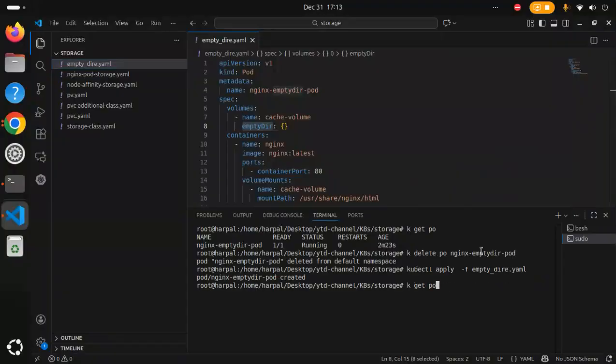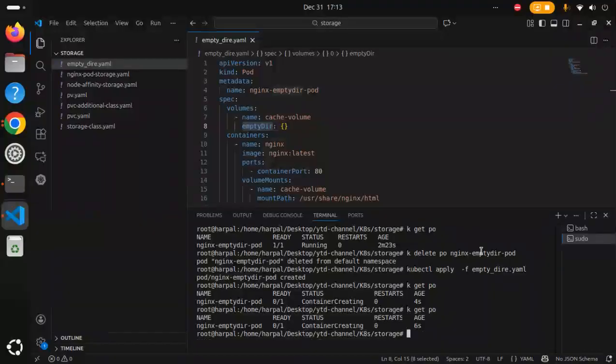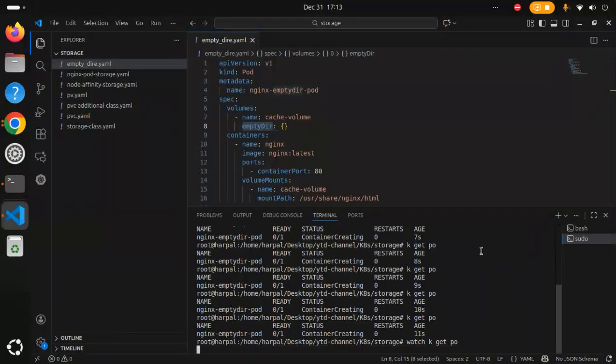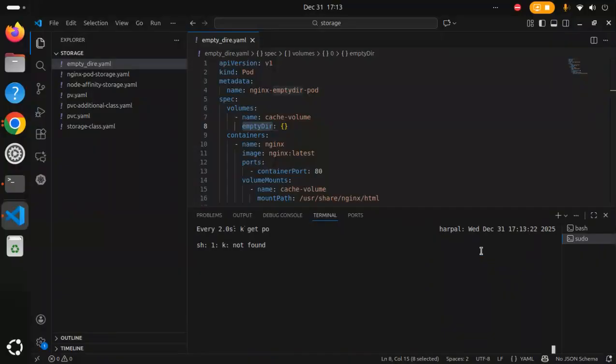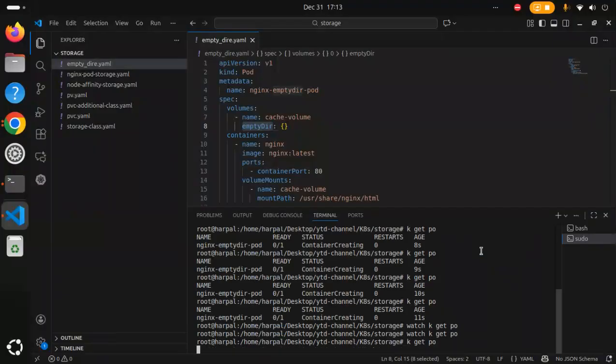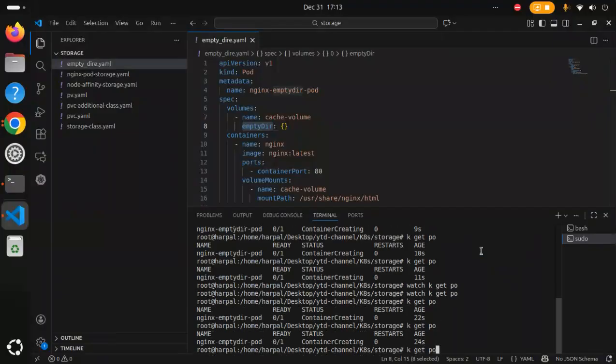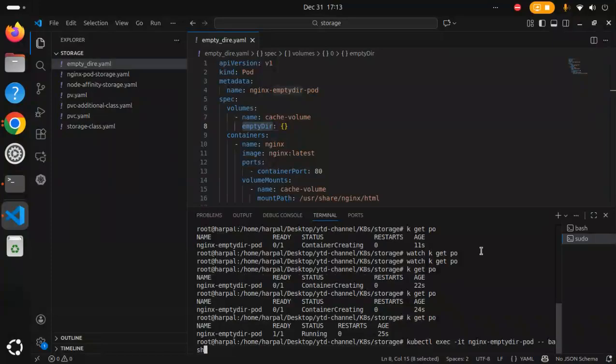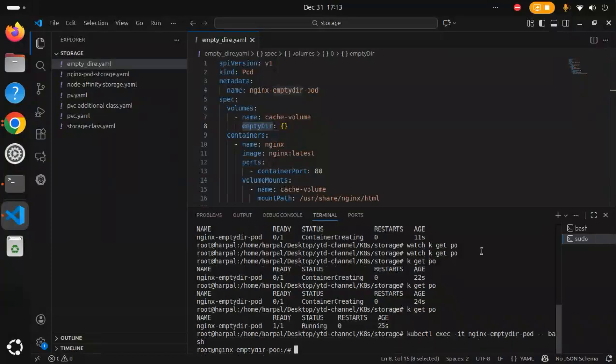Okay, get po. Now it's running. Now try to log in within the container again, sorry, pod, and simply I just call